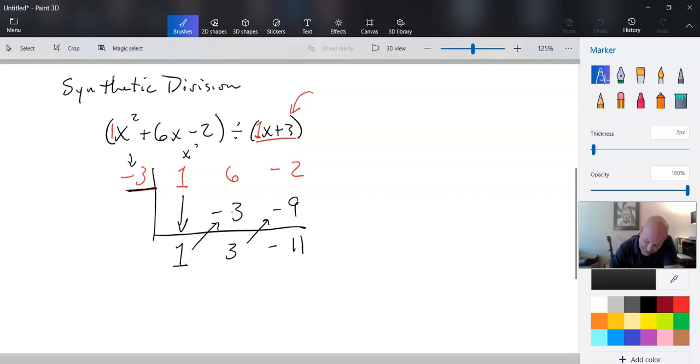And so the way this works is this. This started out as an x squared, right? This was 1x squared. When I divide it, this becomes an x. And so this ends up being x plus 3 minus 11 over x plus 3, which is a very interesting result. Now, if we had done this using long division, just so we can compare things up,